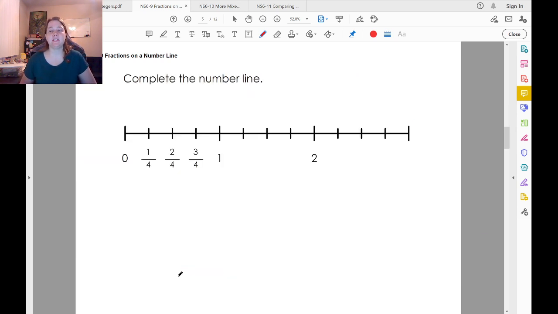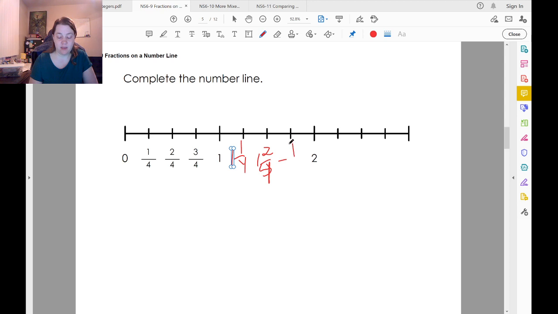They want us to complete this number line. We can see that this is split into fourths. So we have 1/4, 2/4, 3/4. This would be 4/4, but we don't write that because 1 stands for 4/4. If we complete this using whole numbers and fractions, we're going to use mixed numbers. So we can call this 1 and 1/4, 1 and 2/4,